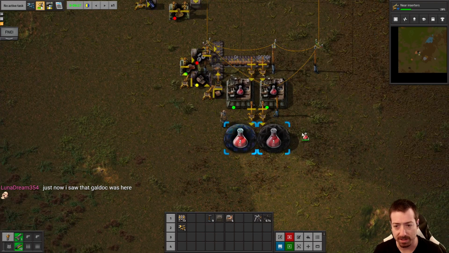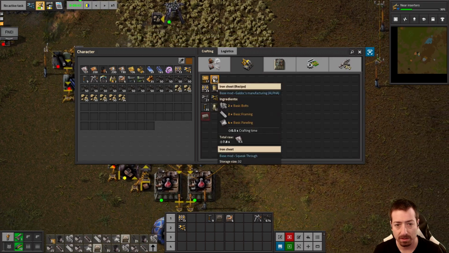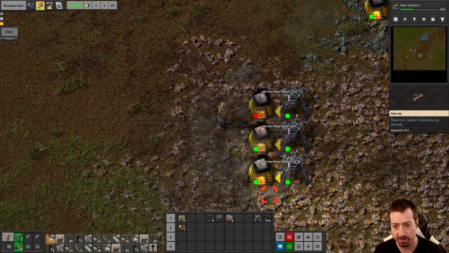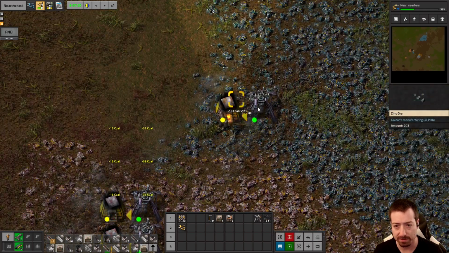Okay, why did I just take those out of the labs? That's not what we want to do. I'm gonna make some more iron chests, and then I don't really know what I'm doing still, but I know we're gonna continue to need iron, so